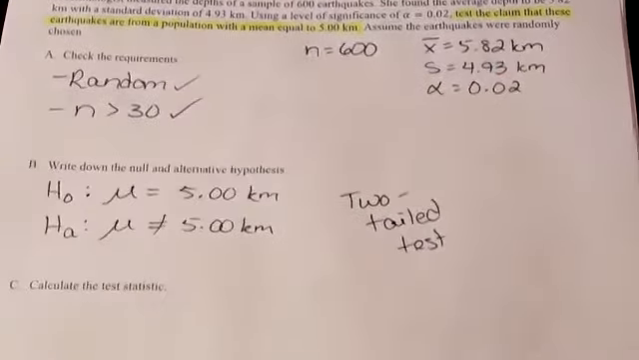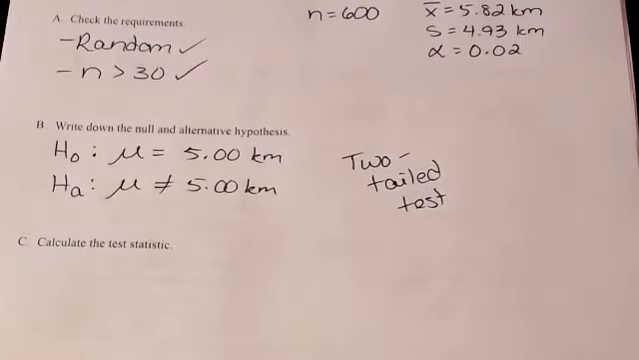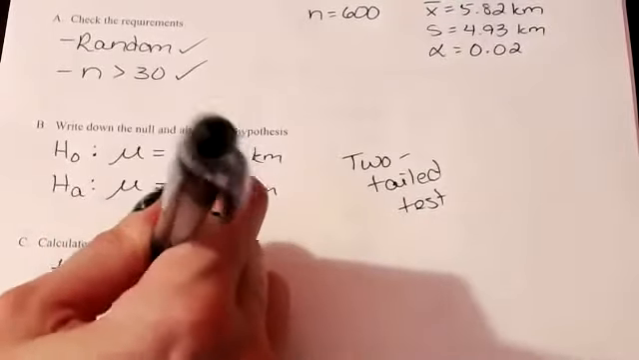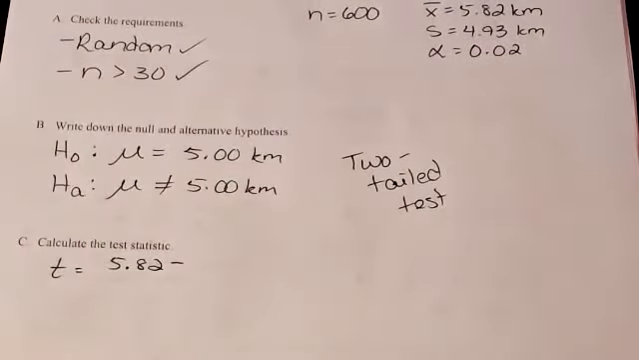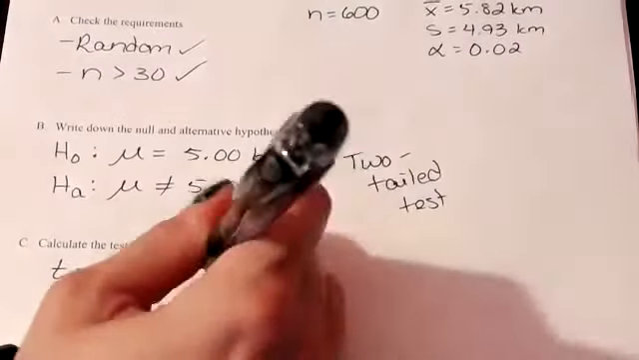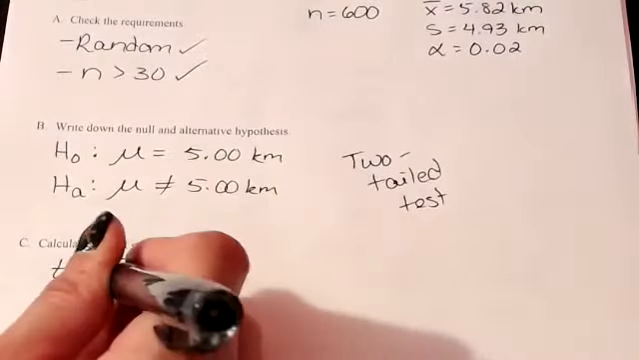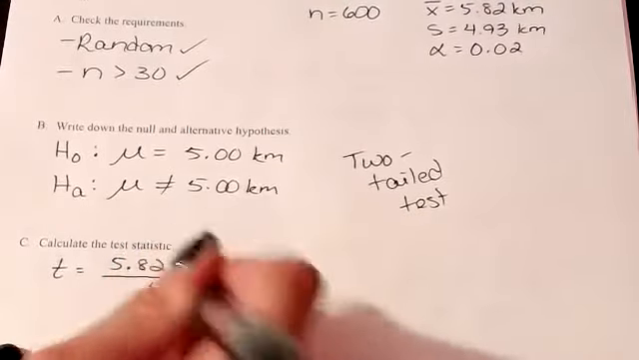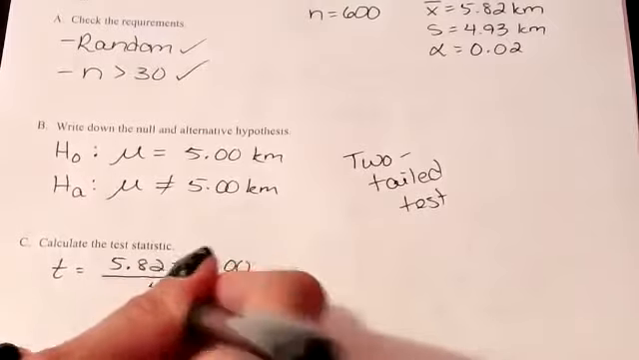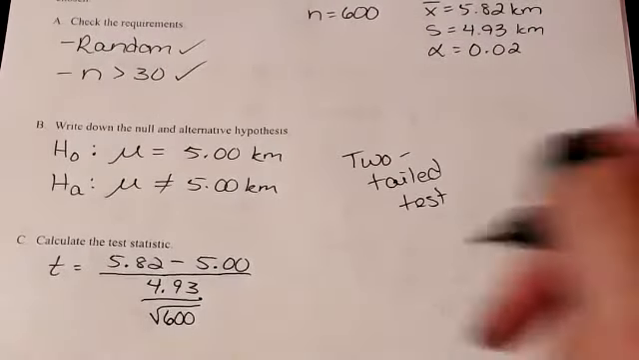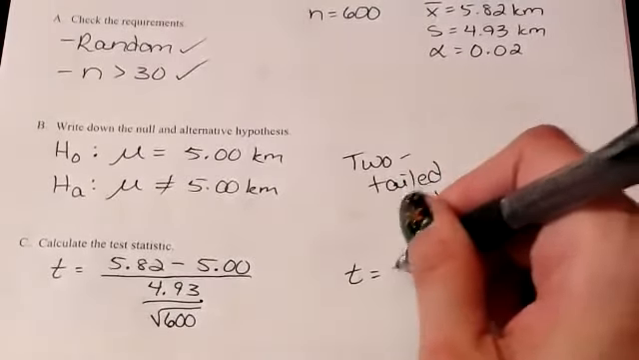We want to calculate the test statistic. So we have t is equal to the sample mean, which is 5.82, minus the population mean, or essentially the mean of the sampling distribution of sample means, that is 5.00, divided by the sample standard deviation over the square root of n, and n in this case is 600. When you compute these values, you should have a test statistic equal to